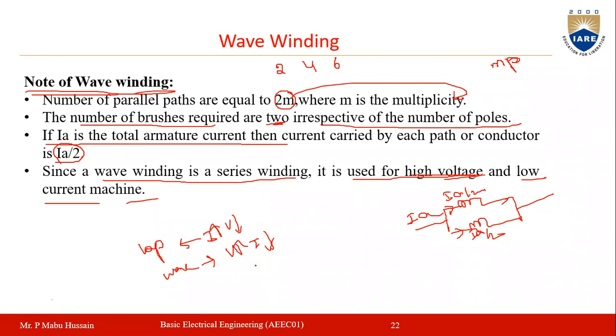What is the condition now? It should consist of all the nodes. You should not have any closed path. No formula, just by direct inspection. Once you see the graph,